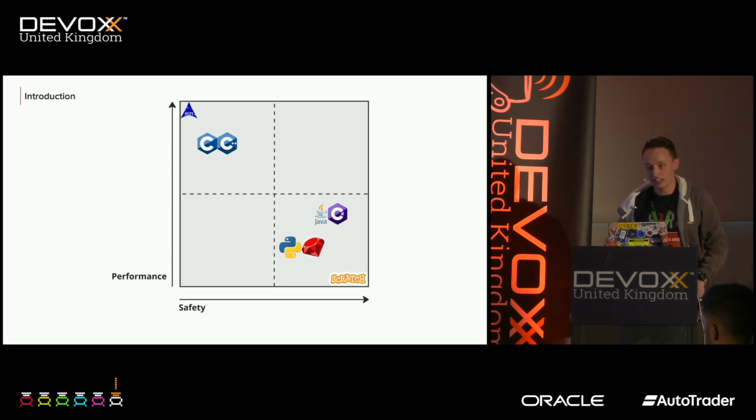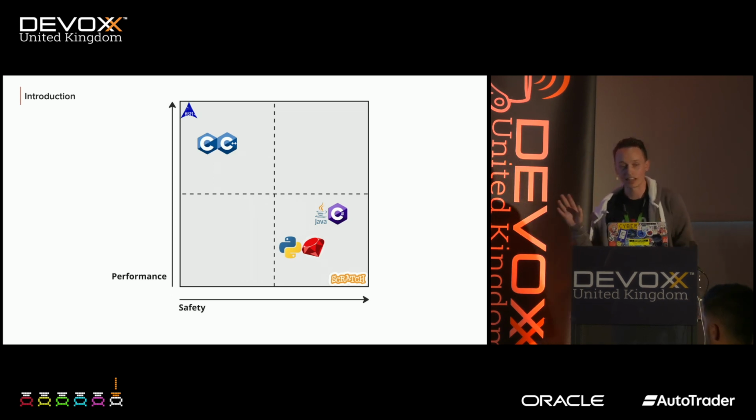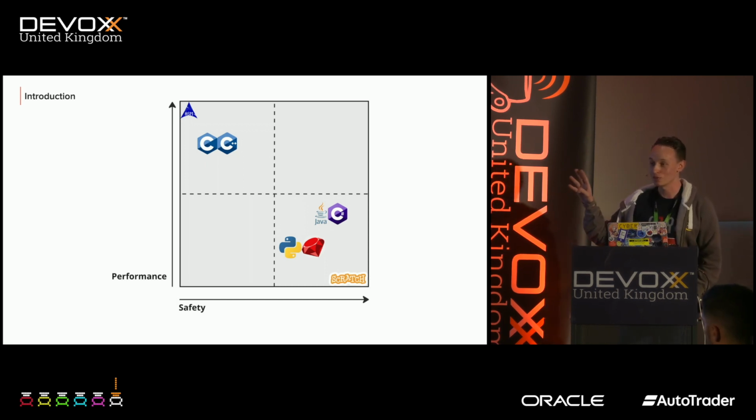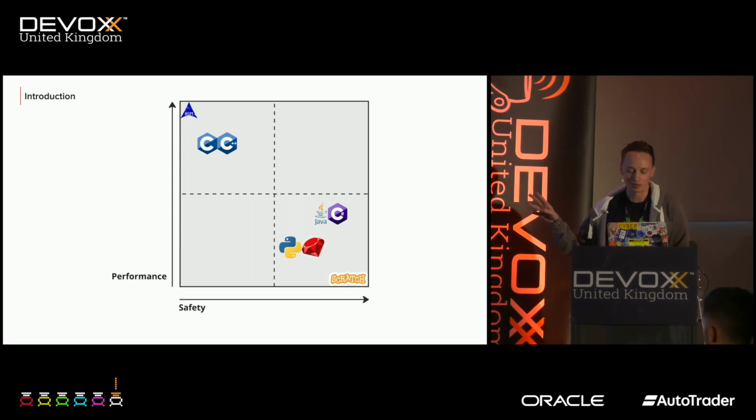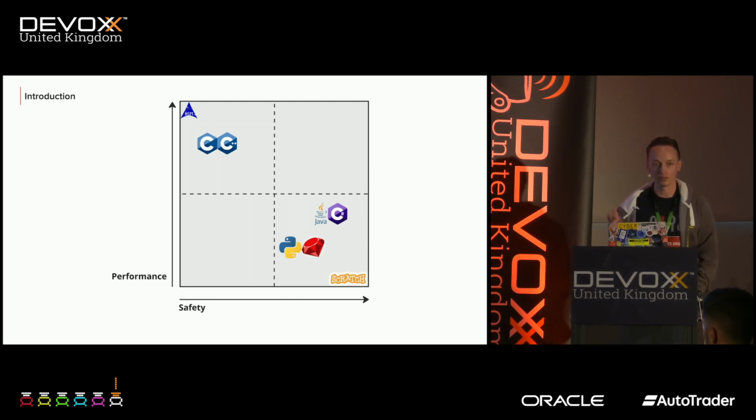So the best way to explain Rust is with comparison to other languages, right? Now, with this diagram, let's not worry too much about the finicky details of whether Java is faster or slower than C# or whatever. But if we go with the general gist of this broad diagram, the y-axis shows us the performance of some given tool, and assembly, of course, is about as close to bare metal as you can get, but it doesn't give you any safety. You don't have any type safety, you don't have any memory safety, you're just out on your own.